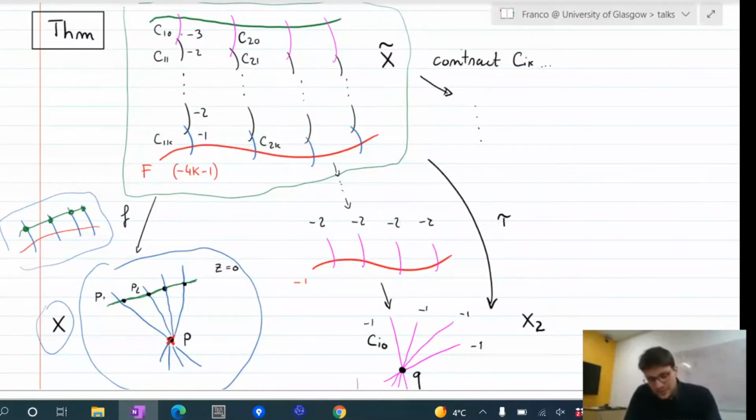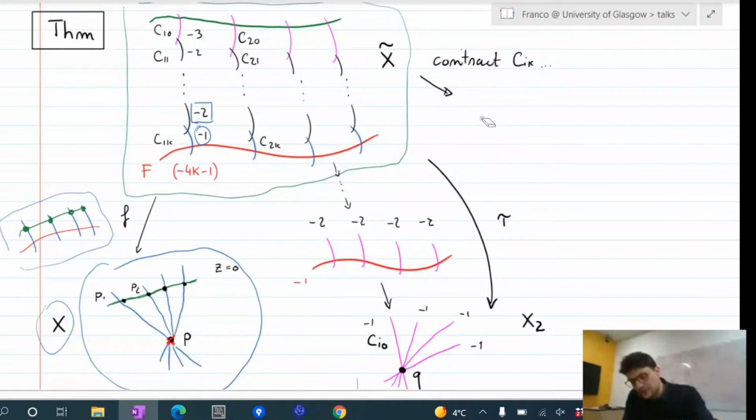So that's our minimal resolution. That's how it looks. However, when you start staring at it, you may want to look for a minimal model for this, which means you're tempted to contract the -1 curves. If you do that, if I contract this -1 curve, I will make the first one of the -2 curves into a -1 curve as well. So I can sort of cascade down to